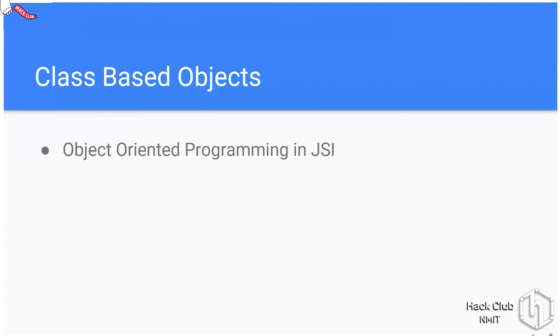Okay, sure. I was talking about class-based objects. First one is object-oriented programming. So this gives us the ability to use true object-oriented programming in our JavaScript applications. We can define classes, properties, and methods. And then no prototype. We can stop using prototype-based objects in TypeScript. And then encapsulation. It provides us with encapsulation and keeps all the functionality of certain resources in one place.